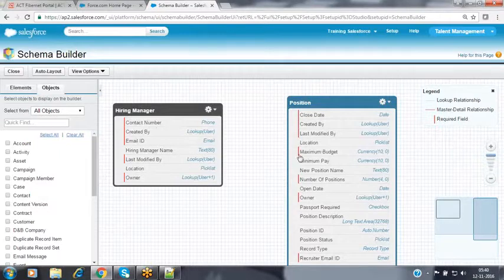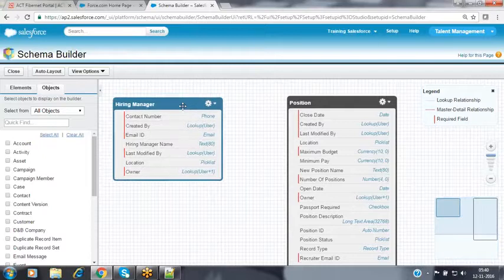Now in these tables, I would like to have some records and map the association between these records. Let's map the association between these two objects. How to map the association, we'll see practically. Mapping the association means creating one additional field inside the child object, which references the parent object's primary key field.